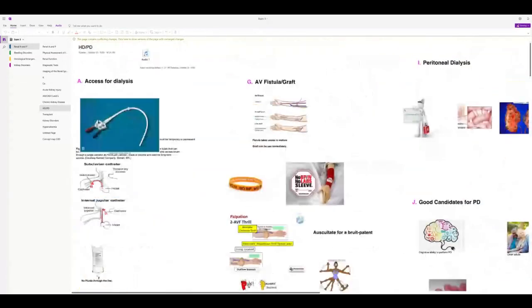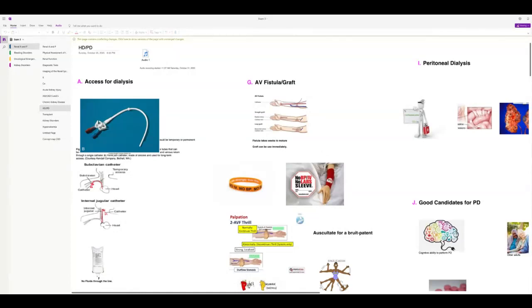Okay, so for more permanent access, they're going to either get an AV fistula or a graft. So a fistula is what the surgeon makes by connecting a vein to an artery, and over time it matures. Okay, a graft is like a plastic material, like it's a man-made graft. Okay, so they can have that too. The benefit of that is you can use it immediately, whereas the fistula is going to take weeks to months